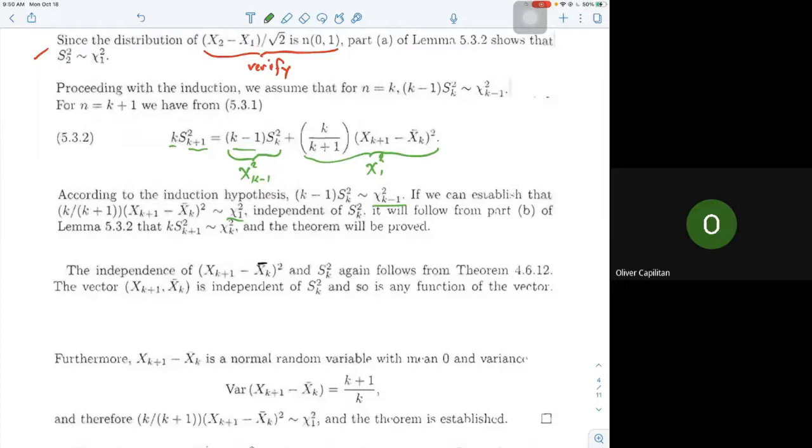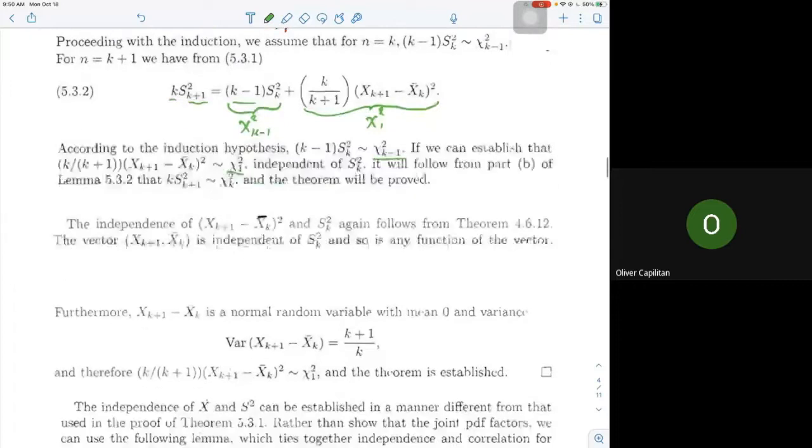the expression k over k plus 1 times the square of x sub k plus 1 minus the sample mean x sub k bar quantity square is independent of the sample variance s sub k square. So first, let us try to check the independence between these two expressions. Say the independence of x sub k plus 1 minus x sub k bar square, and then s sub k, the independence of this,